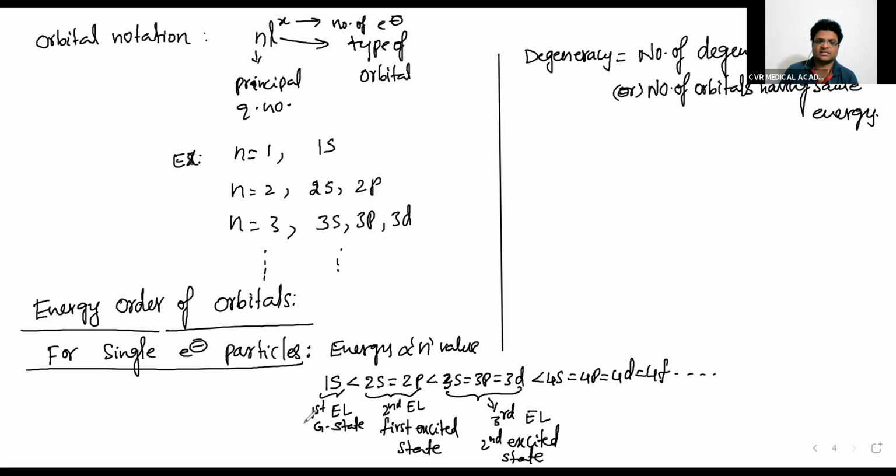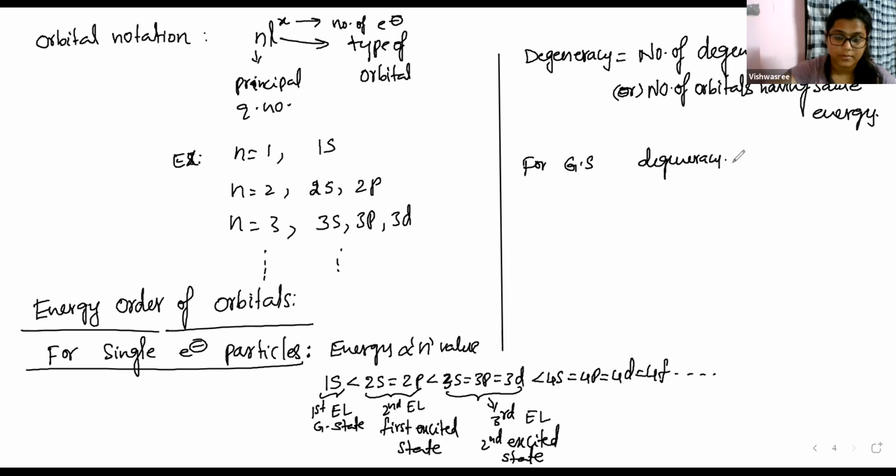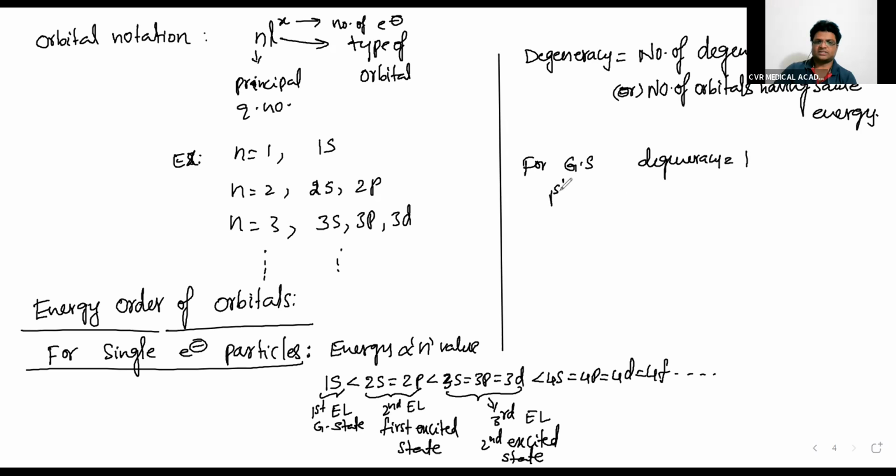Ground state degeneracy is, how many orbitals are there? Only one orbital. So degeneracy is 1. So for ground state, degeneracy is equal to 1. For first excited state,